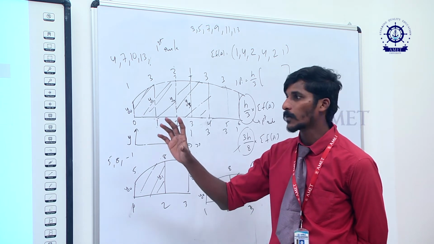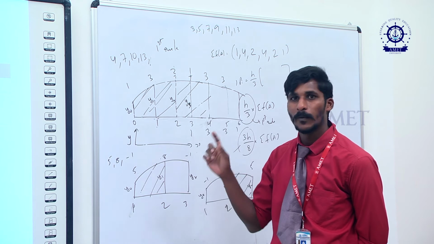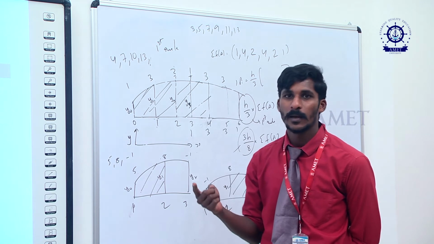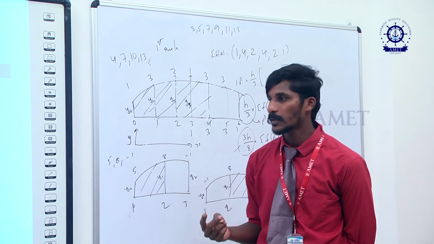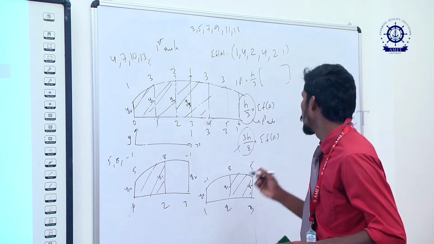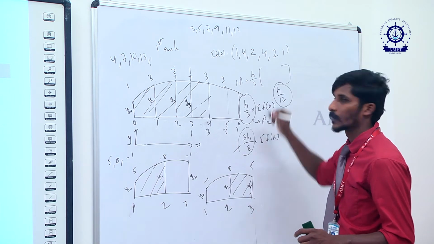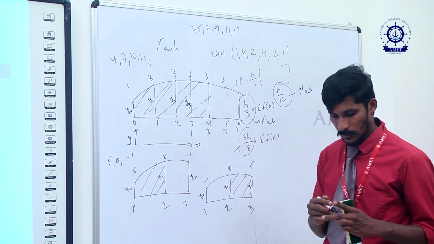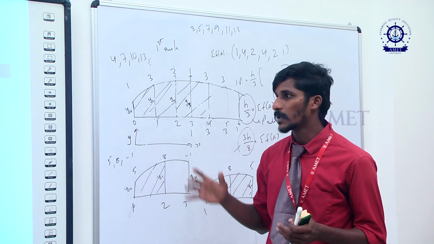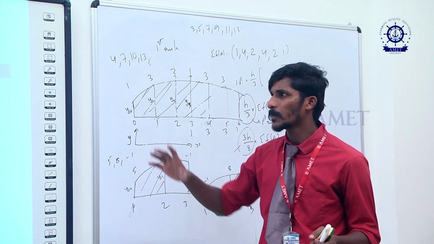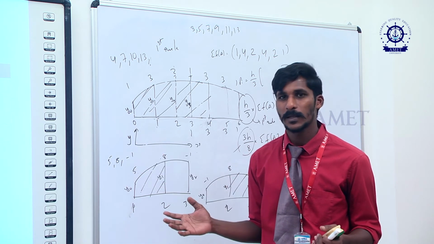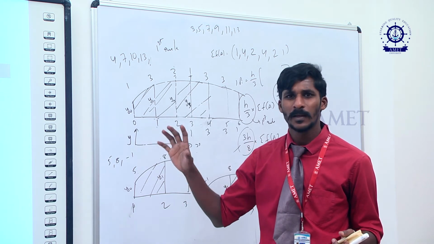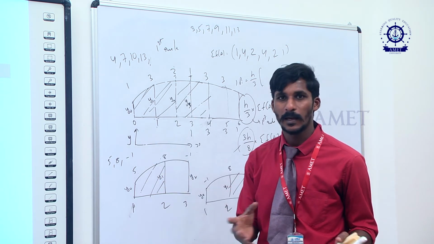So this is what we have seen everywhere, the function of area. But the function of area has to be multiplied by the outer multiplier. In the first rule, it is multiplied with h by 3. In the second rule, it is multiplied with 3h by 8. When it comes to the third rule, it is multiplied with h by 12. Okay, h by 12 is the outer multiplier. So we can apply this by consideration of the third rule. Very rarely will we use the third rule. It's not very important to us. Mostly we depend on the first rule, and then we go for the second rule. This is a very rare case that people will not touch.